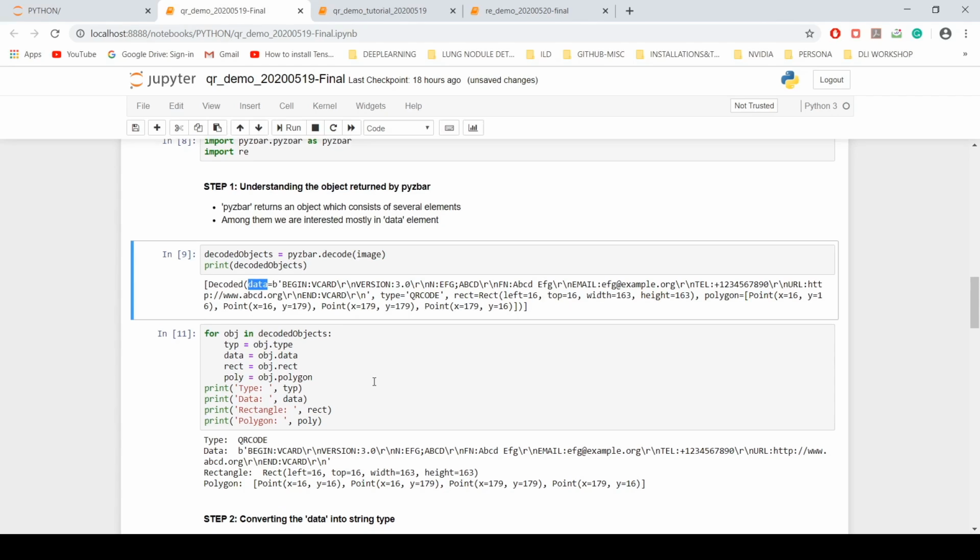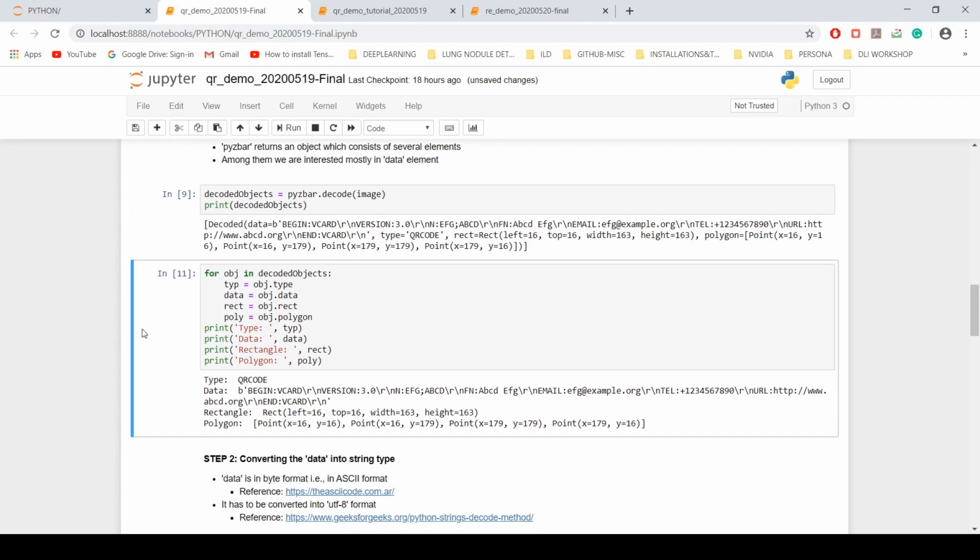Leave the rest of the things, but you can extract the individual fields using this piece of code, right? So object.type, object.data, object.rectangle, object.polygon gives the individual data fields into individual variables. Now we have our required information in this data variable, right?